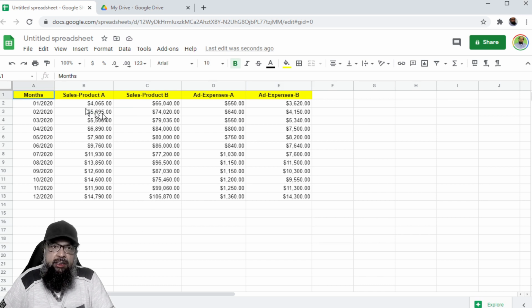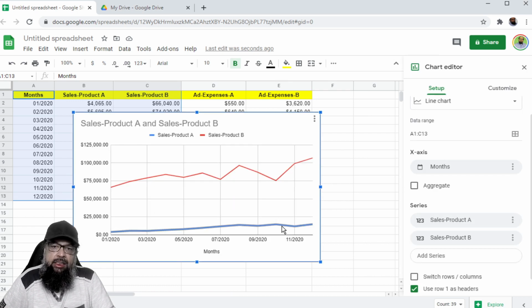Let's select these three columns this time and insert a graph. And still this line is far apart, although now it is a little bit improved, and we can improve it further. This I am going to discuss after these options, because once you understand how to customize your graph, then you will be in a position to understand how to improve the quality of your graph or how to improve the data presentation. So let us start from these options.